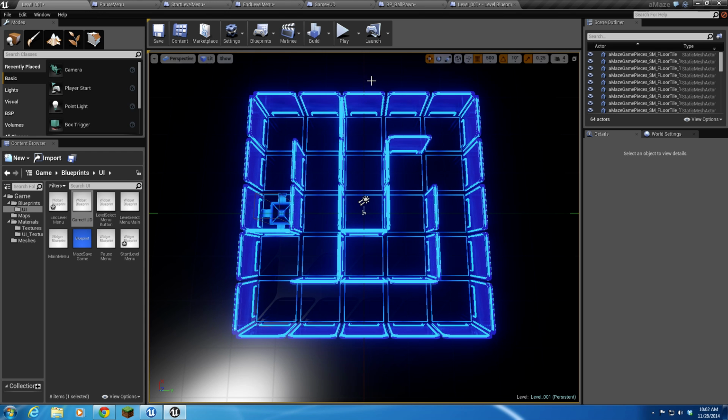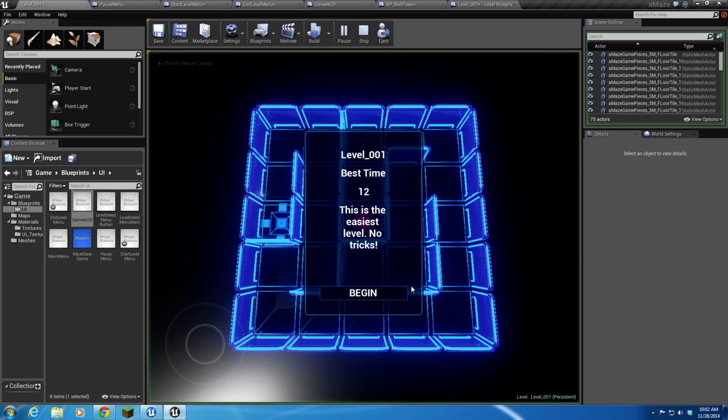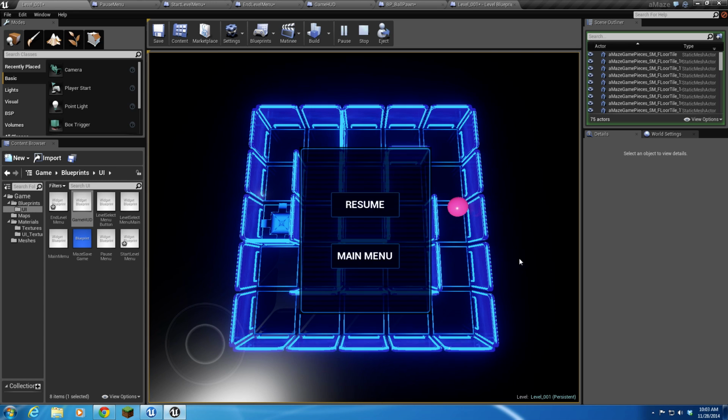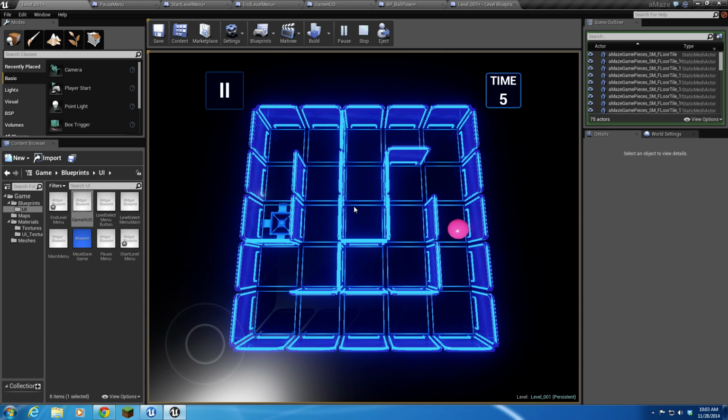Alright, so let's see how this all works together. Start level menu gives us our level number, our best time, and the text for this menu, and let's hit begin. Alright, our timer starts. We're going through the level. We can hit pause anytime we want. Everything stops. Timer stops. Pause menu comes up, and if we just didn't want to play this level, we could return to main menu, or we can resume. In this case, we're going to resume, and we're going to head on through the level